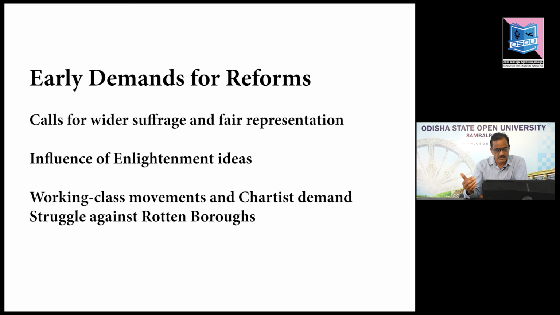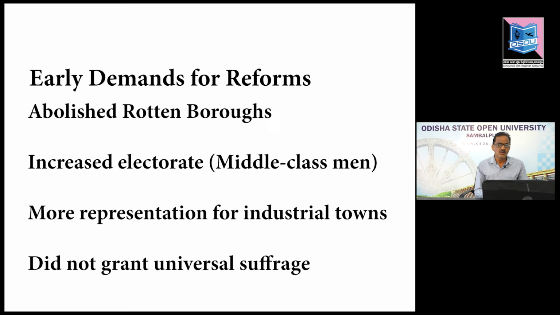Later on, the working class movement and the Chartist movement further boosted this parliamentary revolution in Great Britain. Particularly with the Industrial Revolution, the migration of people from rural to urban areas started, and a large number of people got engaged in the newly established heavy industries, where they became enlightened, and they started demanding more and more rights for themselves.